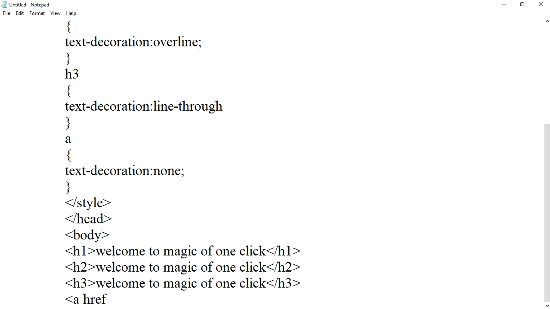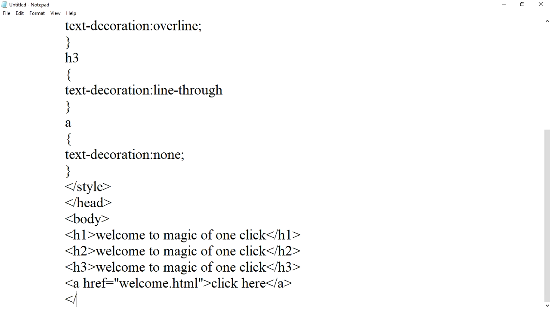Href tag equals to welcome.html, now we'll end a tag, and we'll end body tag